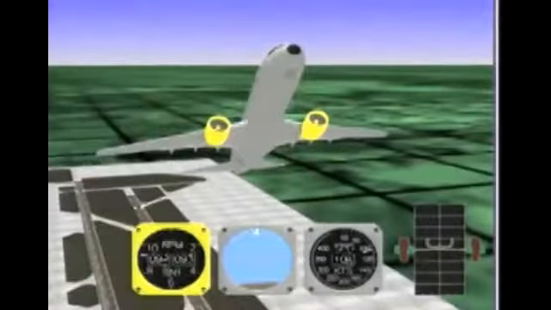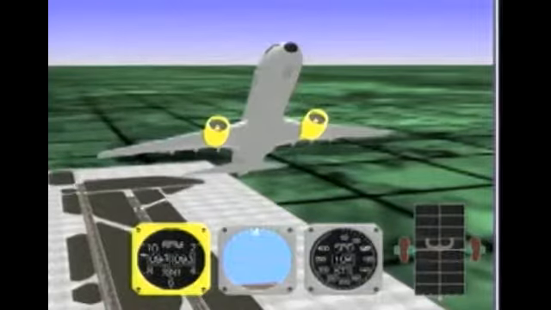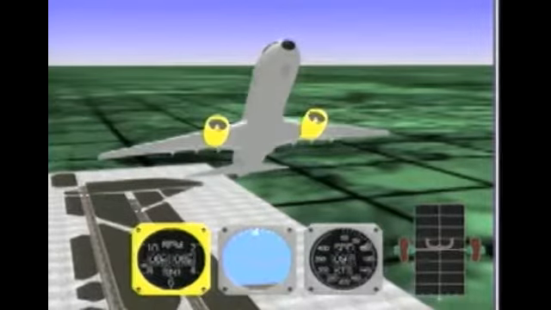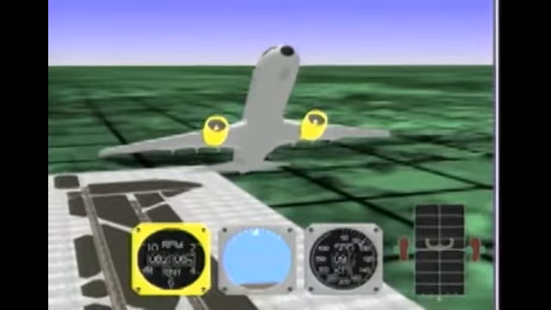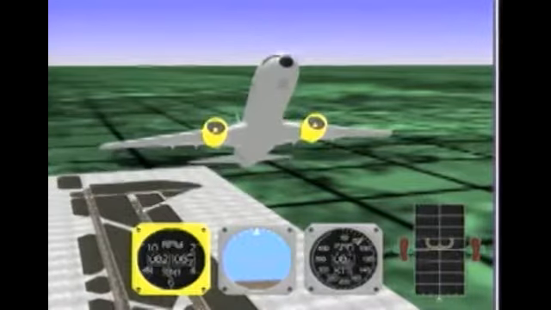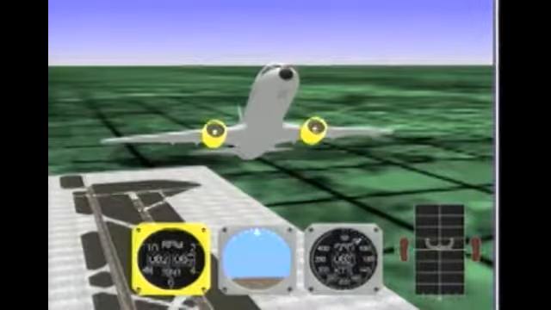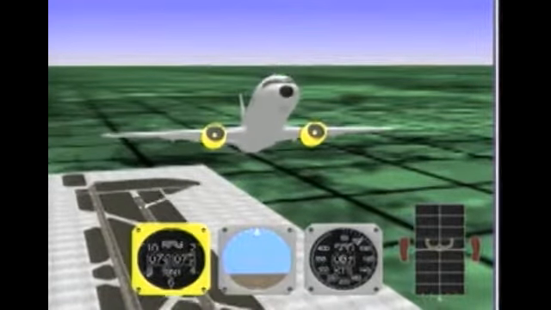In most situations, the steps we've just outlined should be enough to recover. Other techniques may also be employed to achieve a nose-down pitch rate. If altitude permits, flight tests have shown that an effective method to get a nose-down pitch rate is to reduce the power on underwing-mounted engines. This will reduce the upward pitch moment.